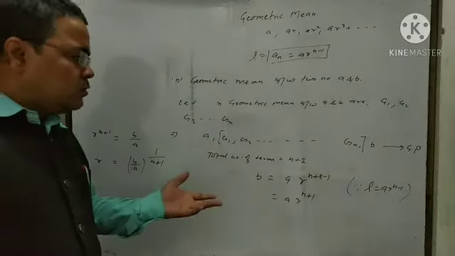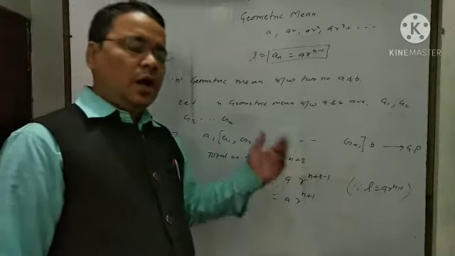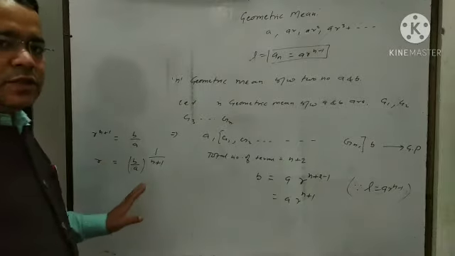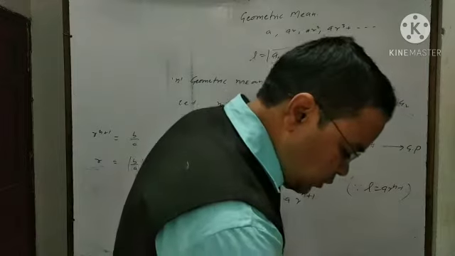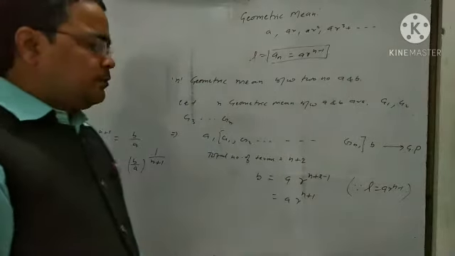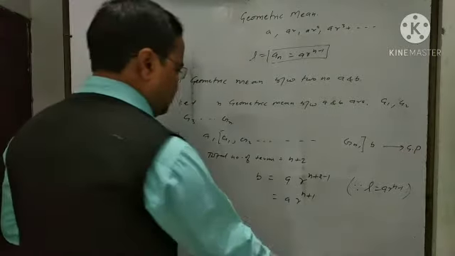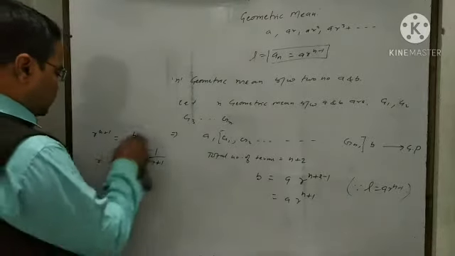Actually we want to find n geometric means between these two numbers. So how can we get the common ratio in the form of b by a? This formula represents this: common ratio r is equal to b by a whole raised to the power 1 upon n plus 1. Okay, now here we know that a1 is the first term. We can just consider it. Remember this concept also.